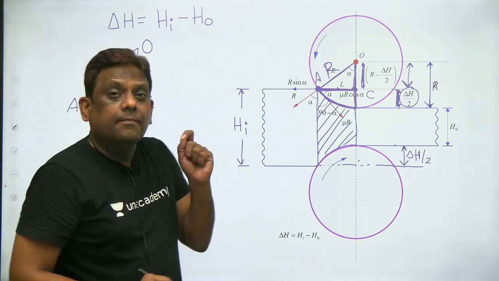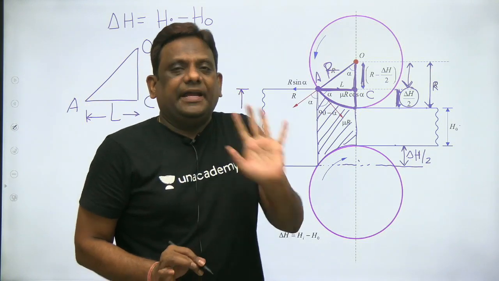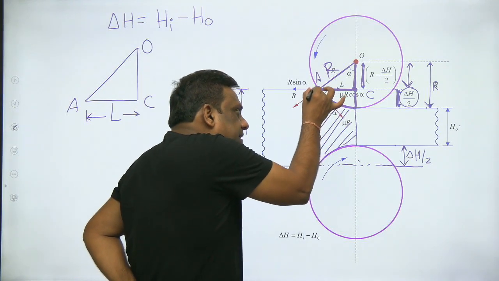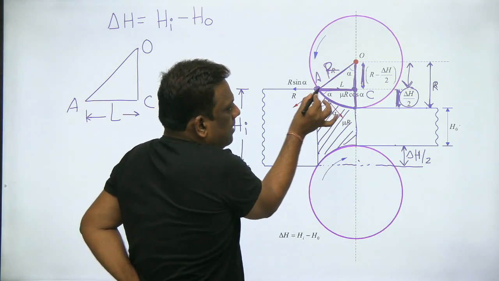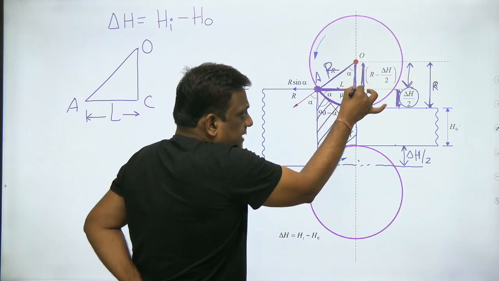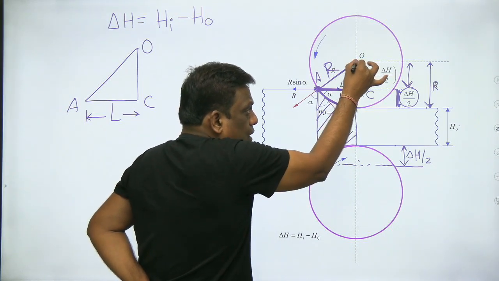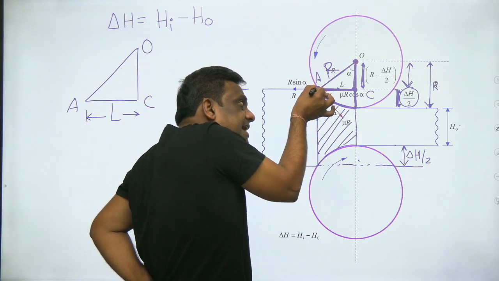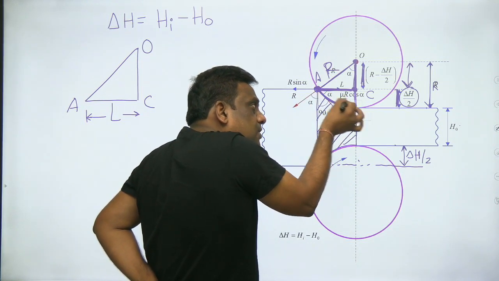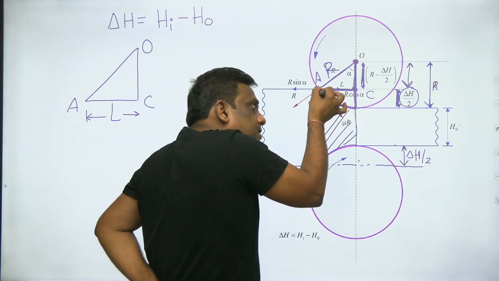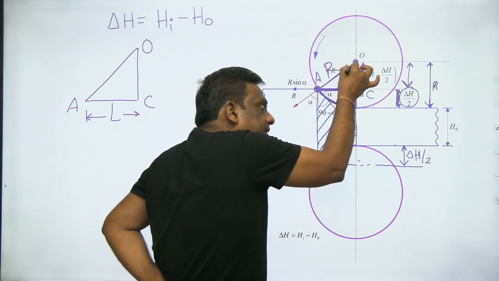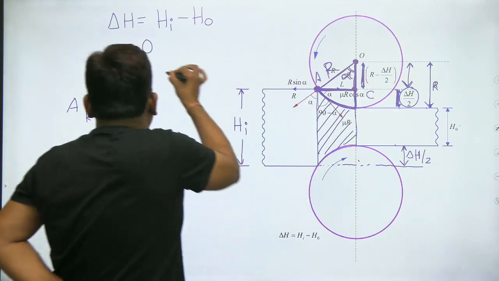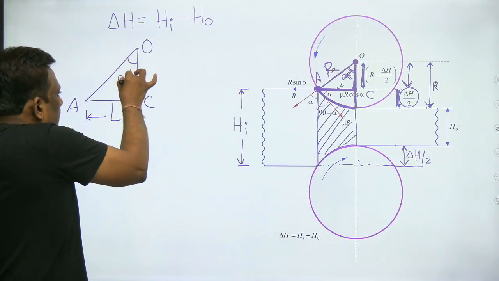And let us see what is the angle of bite. Listen carefully. The contact is starting here of the workpiece, and this is the vertical center. This is the center of the roll. So you draw a vertical. It is entering here and leaving here. So from entry to exit, what is the angle made by this? And let this angle be alpha, which I call the angle of bite.